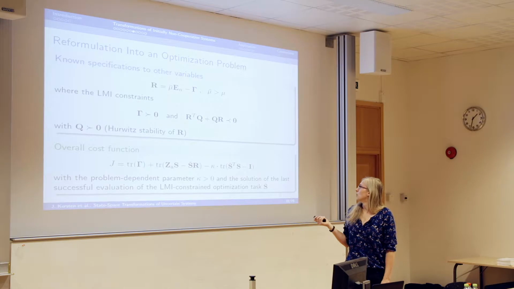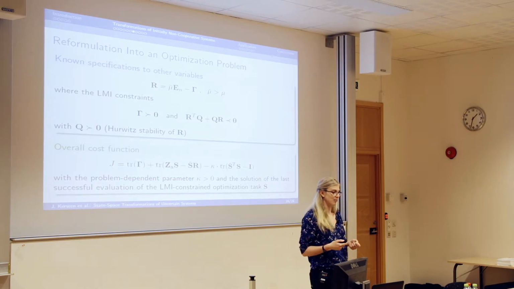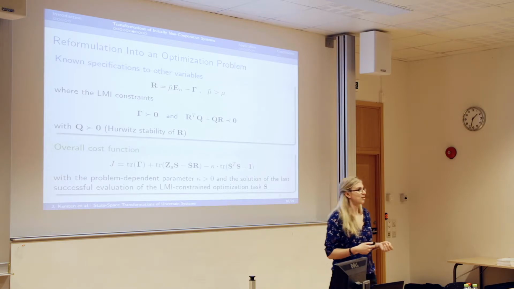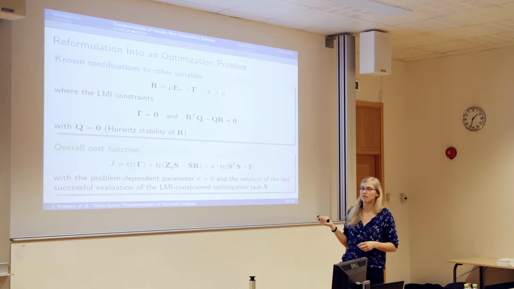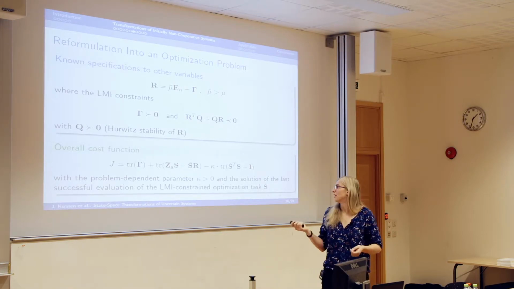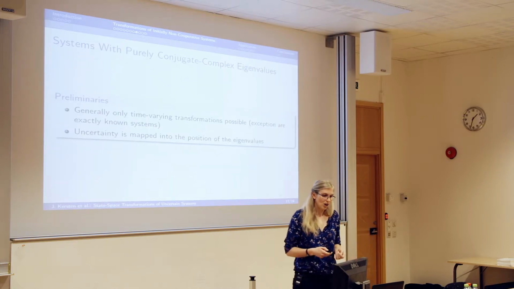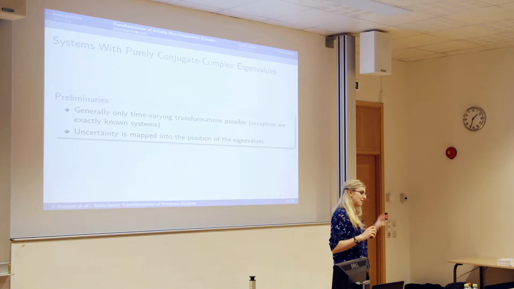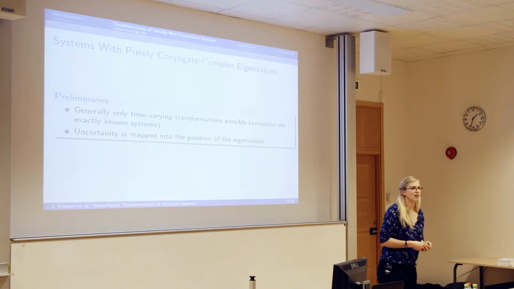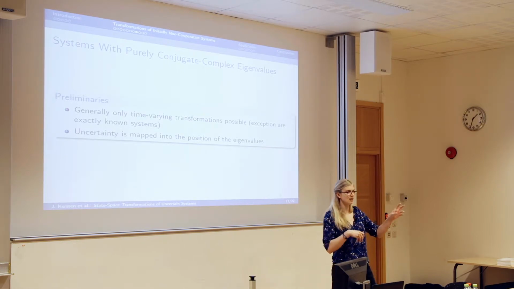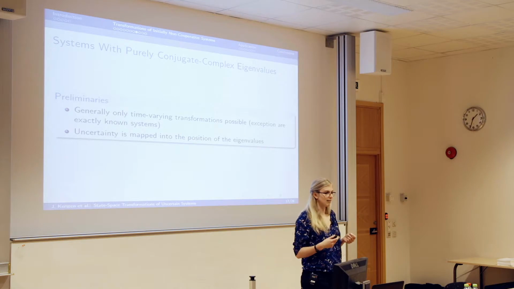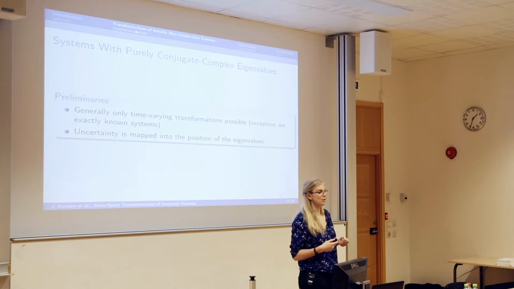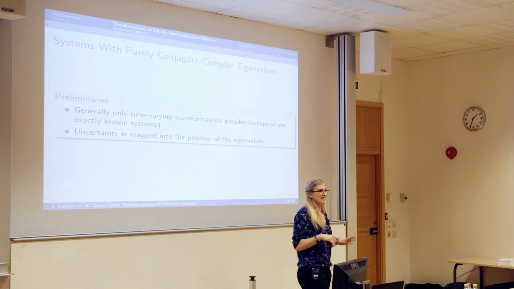So in order to avoid complicating those solutions, we take the last successful evaluation of our S into account and then put it in our constraint to keep it linear. Okay, so this was a more complex form of a transformation, but this is just because we took into account all these equations from Tarek and Dennis. So now we presumably get to a more simplified version because of the conjugate complex eigenvalues. But don't be fooled, because I will get to the problems of this